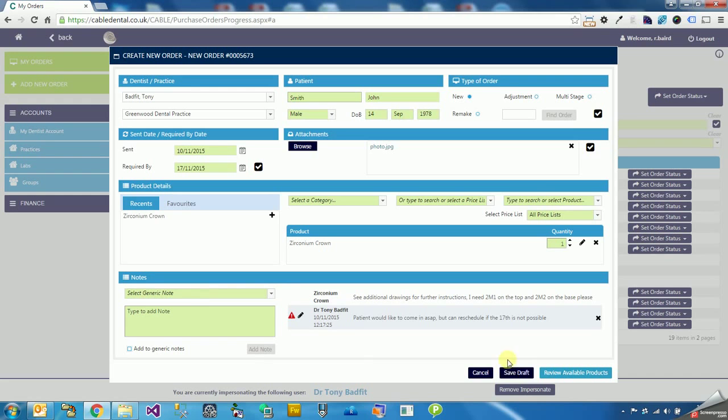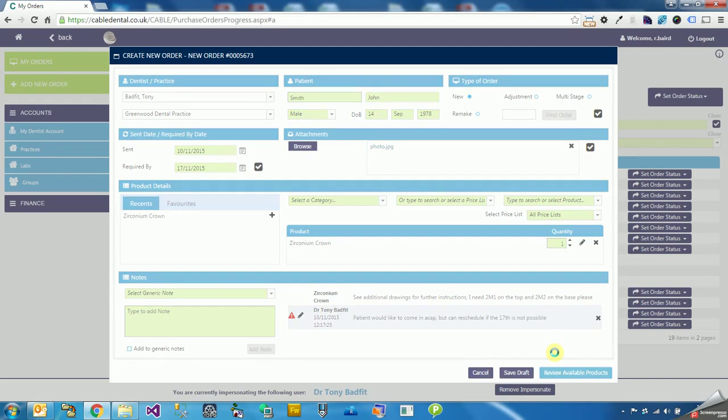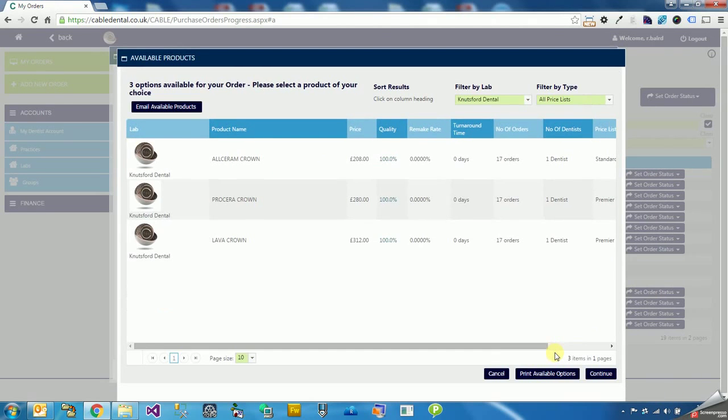We've also got an option here to save drafts. If the order's being placed by a dental nurse, say, and the dentist wants to review each order at a certain time of the day or whatever, they can save these orders as drafts ready for the dentist to review and approve. But in this case, let's just go ahead and confirm the product that we want to use, and